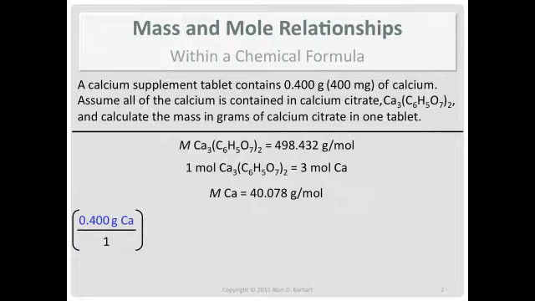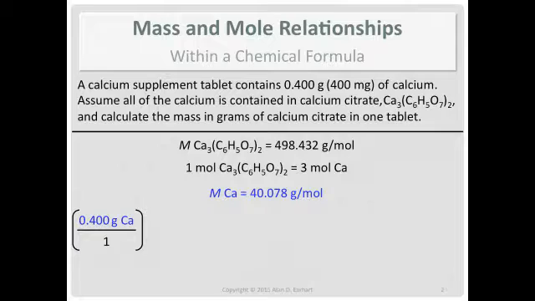Now, this is a big dimensional analysis problem. And when you're doing dimensional analysis problems, you have 2 main things on your mind. 1, obviously, have I finished the problem? But 2, what can I do in 1 step? Because the big, long solutions are filled with multiple steps. So if I give you mass of calcium, what can you do in 1 step? Well, you can use the molar mass, and you can go from grams to moles.